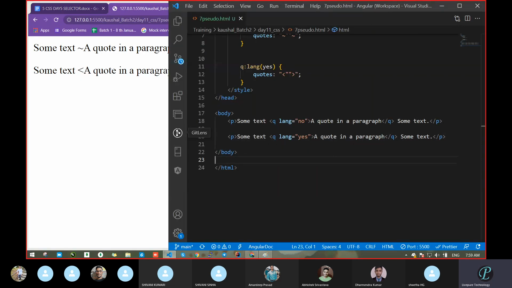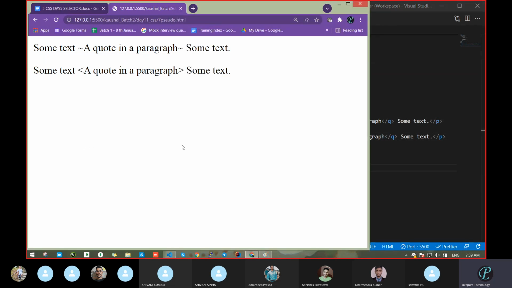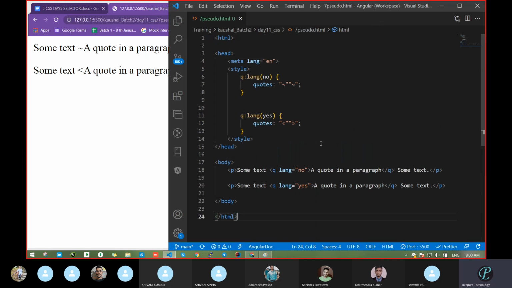This time we can change the rule, because by default q means a double quote or single quote, but due to this it came like that. Clear? This way we can manipulate more, like the emphasis tag, whatever, italic; if I do not want italic, I want something else. I don't know whether it will work in that case, meaning whether we can change that tag also or not, but you can try.